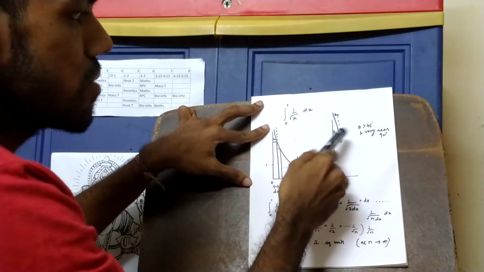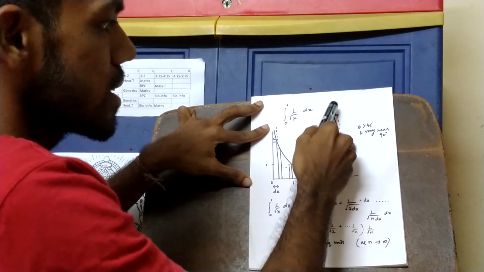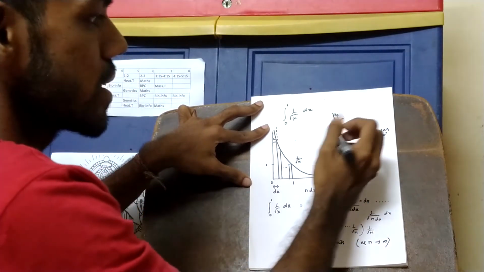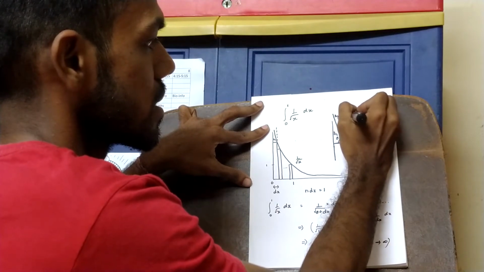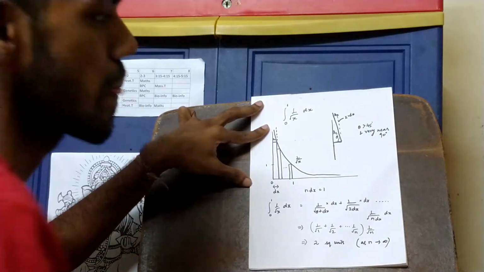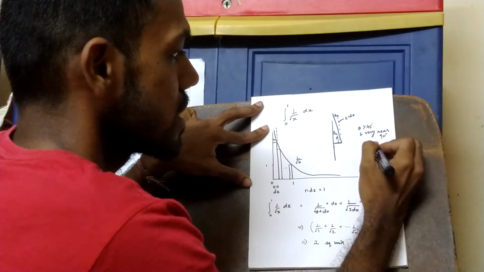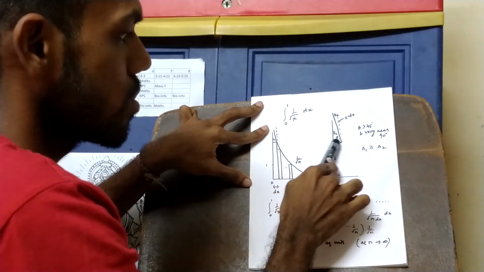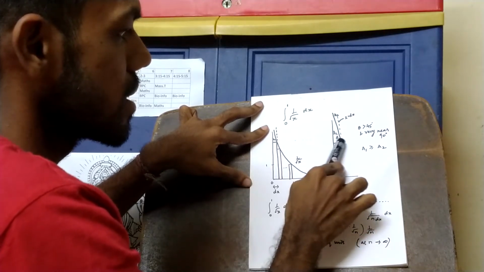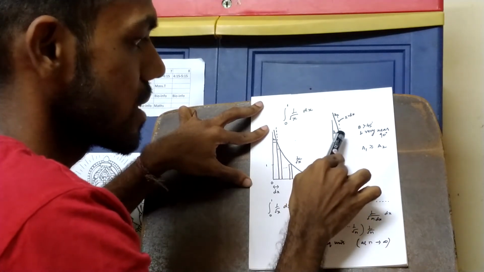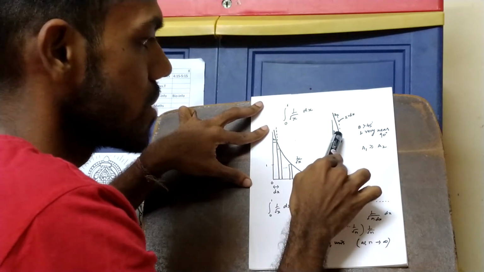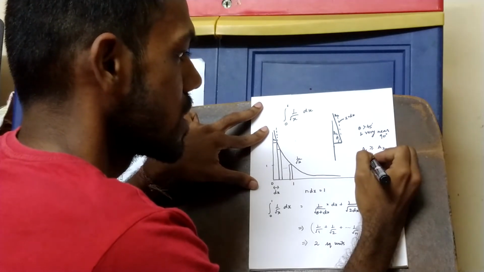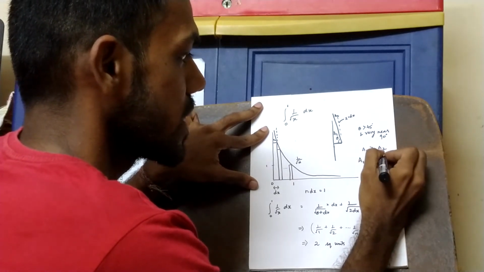Area A1 is below the graph, and area A2 is above the graph and between this line parallel to the y-axis, x equal to dx. When we compare these two areas, area A1 is greater than or equal to area A2, since the graph and the topmost line of the first strip include an angle very close to 90 degrees. This implies area A1 is equal to infinite square units.